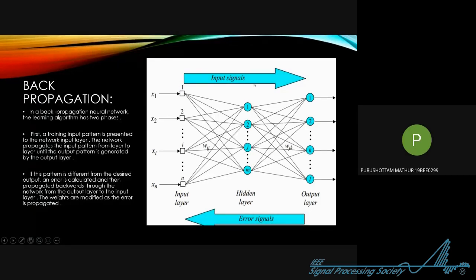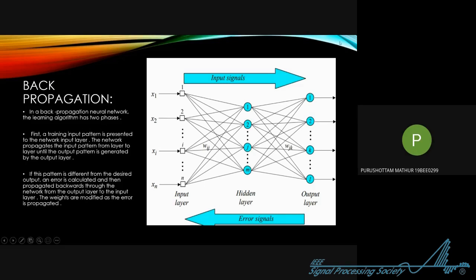We are having different hidden layers, and each of the input layer nodes is connected to every element of the hidden layer. So it is connected like that, and then it sends the data to the output layer. Then, at the output layer, if the activation function or some problem is there and it does not recognize something, let's say it does not recognize your face which you feed it,